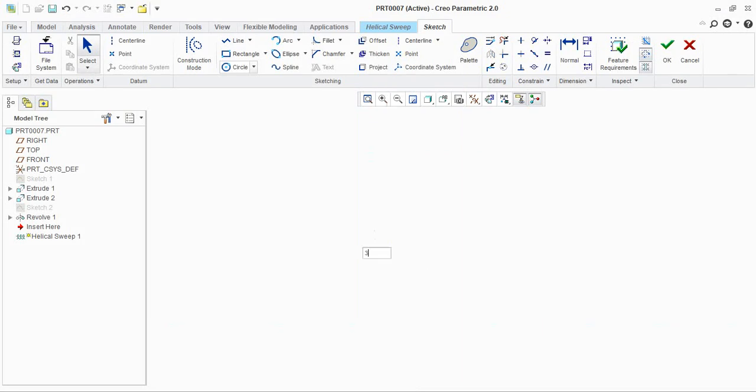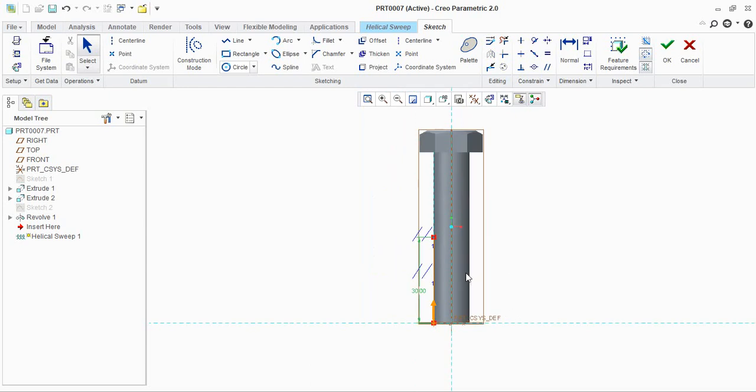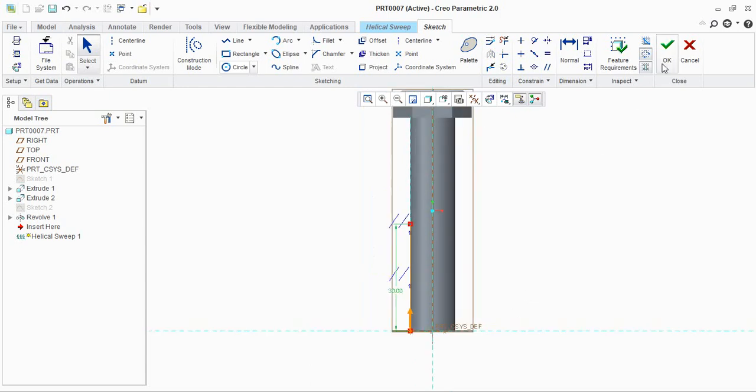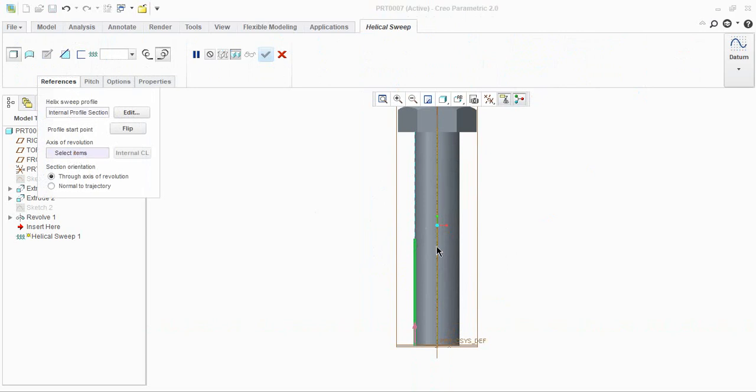Give the dimension as 30 because we need the thread only for 30 mm length, and then click OK. So in reference we have created this first sketch. Second, we need to select the axis of revolution. We will select the center axis as the revolution axis.